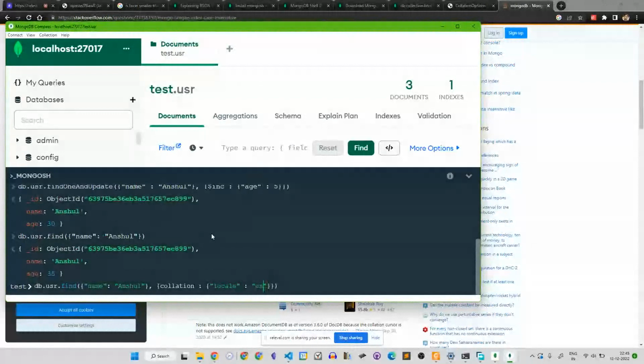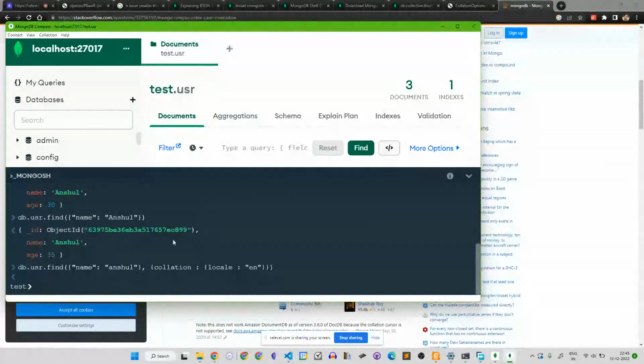I'll just remove this and this, and write locale en. And here, what I'll do is I'll make it a small a. Run this, and it finds no.